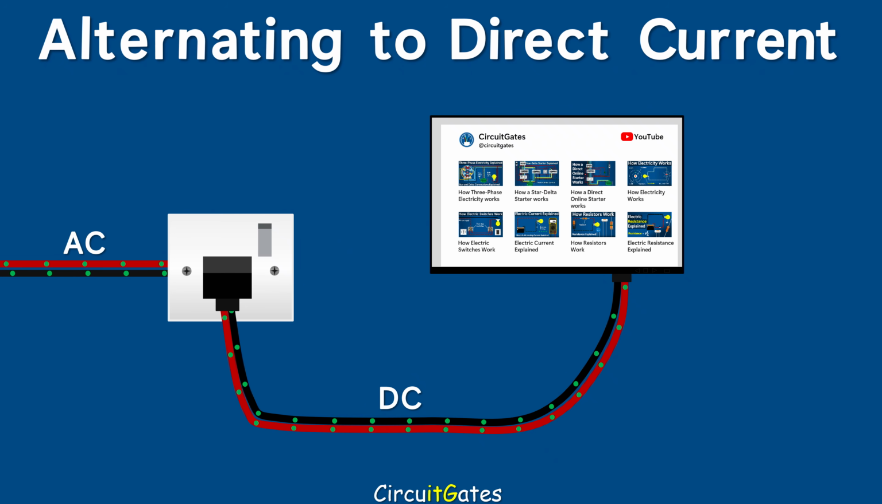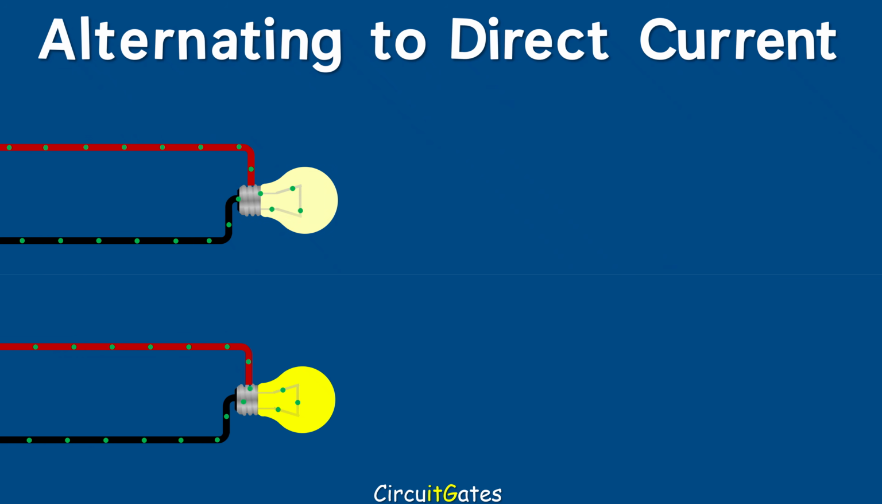This video is about how to convert alternating current to direct current. Let's start by understanding the differences between AC and DC. Direct current and alternating current are two types of electricity with currents and voltages that differ in magnitude and direction